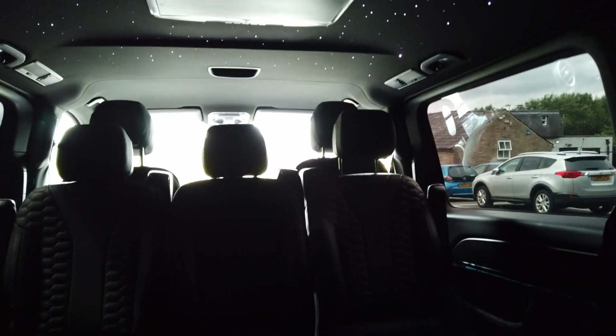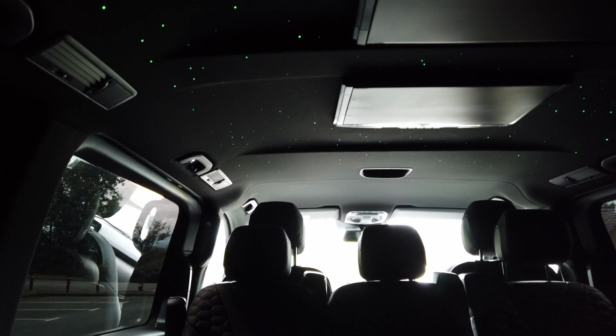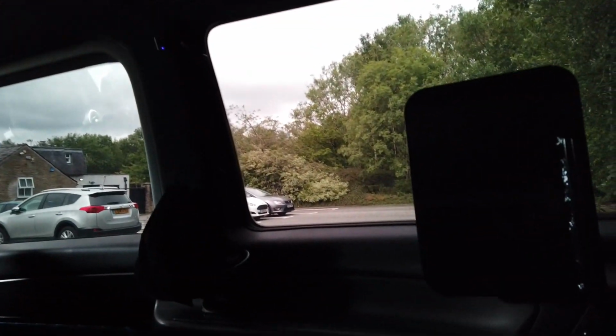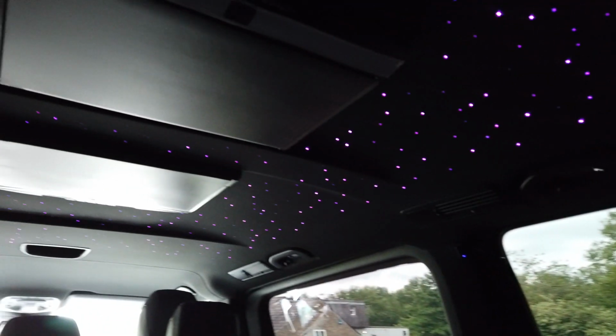There's two cup holders to the rear of me. You can just sort of imagine yourself on a long journey, with this carbon fibre tray, in just utter luxury in the back of this thing. As I said, we've also got some wireless headphones hanging down over there. Let's just